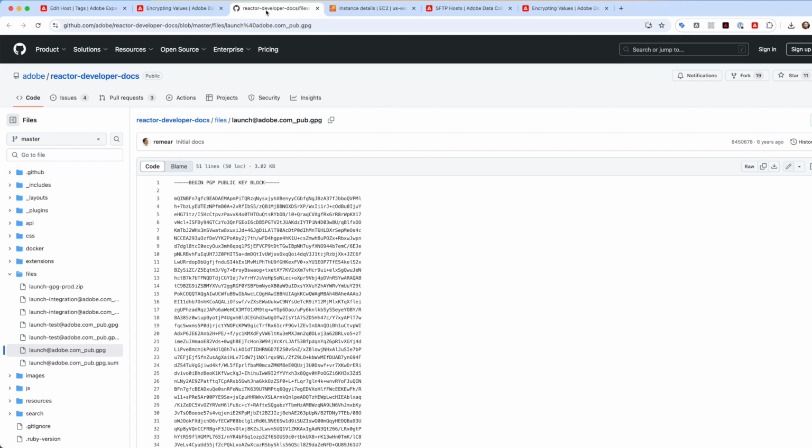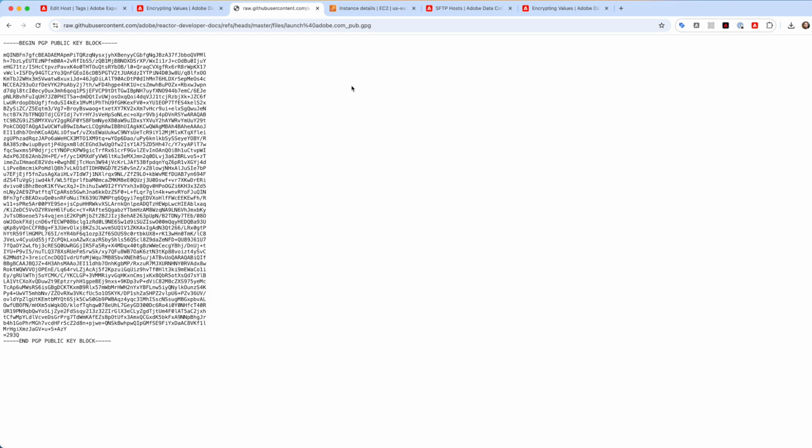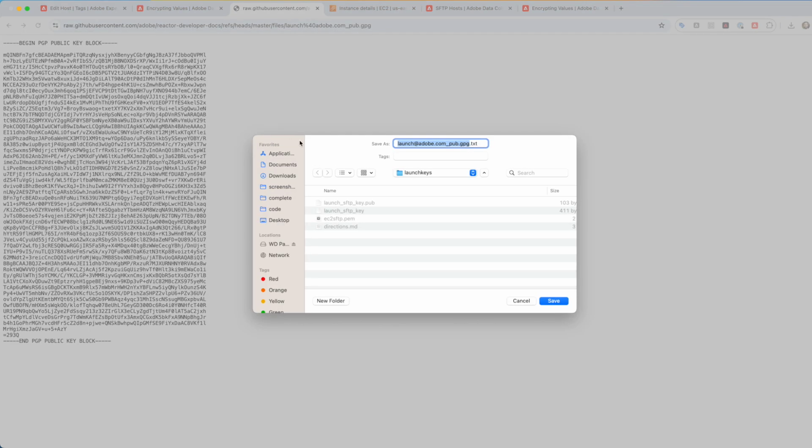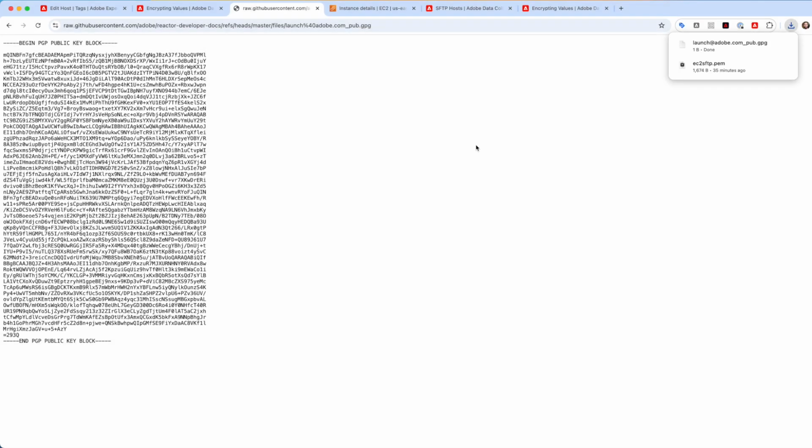So I'm going to click on that, and it's going to take me to the GitHub file. I'll click raw, and now I can just save this raw text. I'll hit save, and it's going to add txt for some reason, which I don't want. So now I have launch's public key saved. So now I'm going to encrypt my private key with launch's public key,